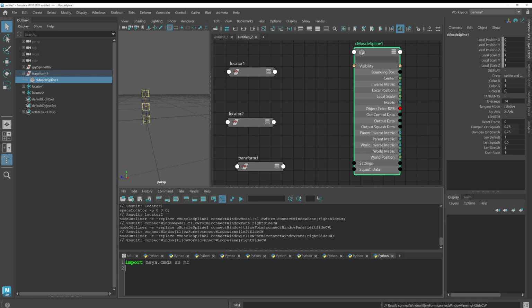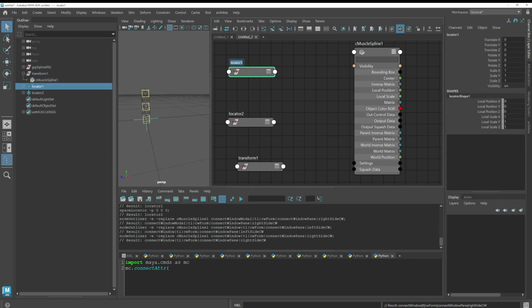So this is now a way to import the Maya commands, and the Maya command that we are going to use now is connectAttr. That's for connecting attributes, as the name suggests. And we're going to take locator 1 world matrix,